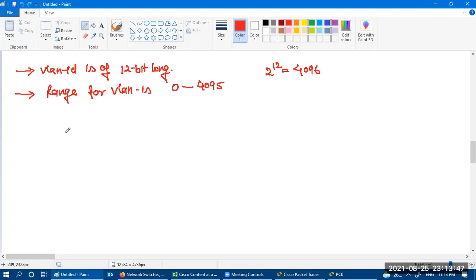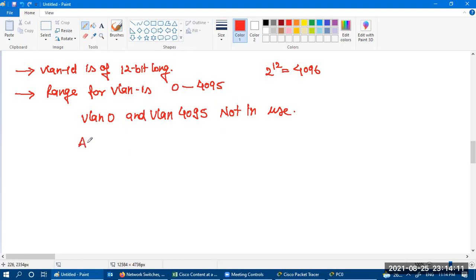In this particular range, VLAN 0 and VLAN 4095 are not in use. We are not using VLAN 0 and 4095. They are used for some internal purpose.